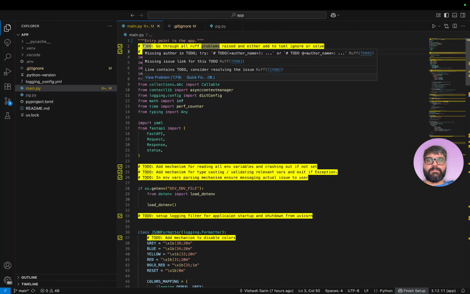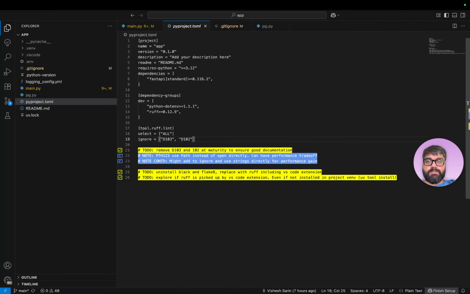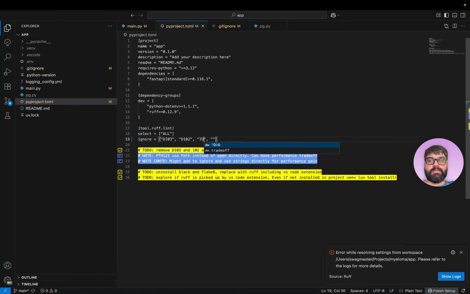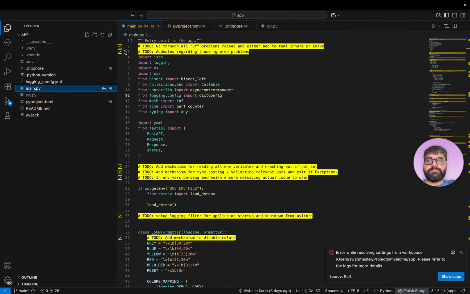Let me see. Okay, so TD002, TD003 are both definitely going into the ignore. And the thing is going to complain as I am typing it out. Hopefully that should fix it. Yeah, TD003 and TD002 is gone.